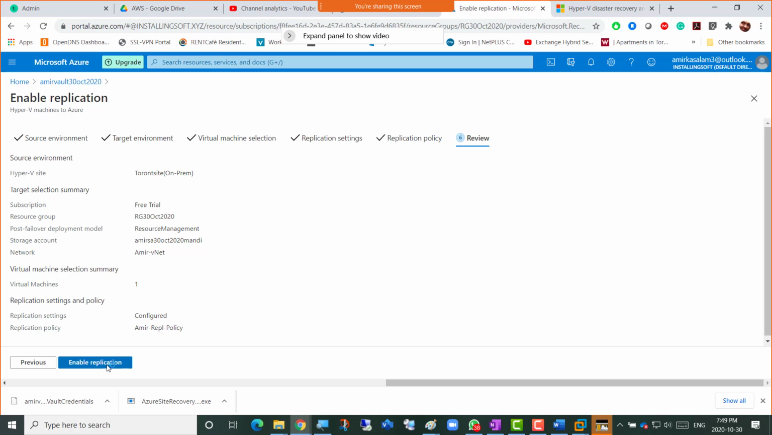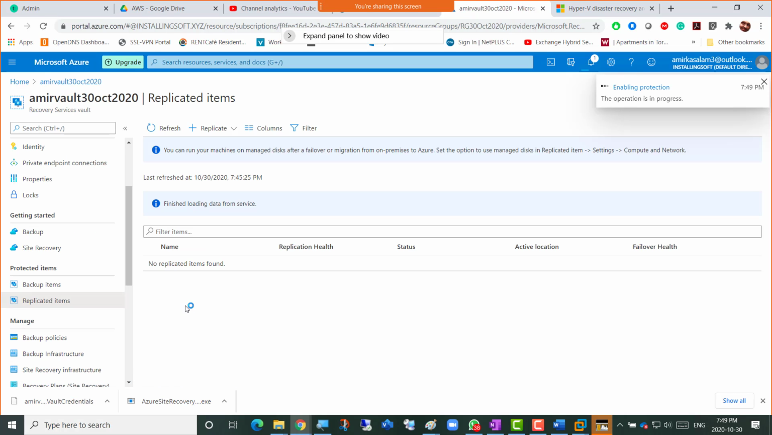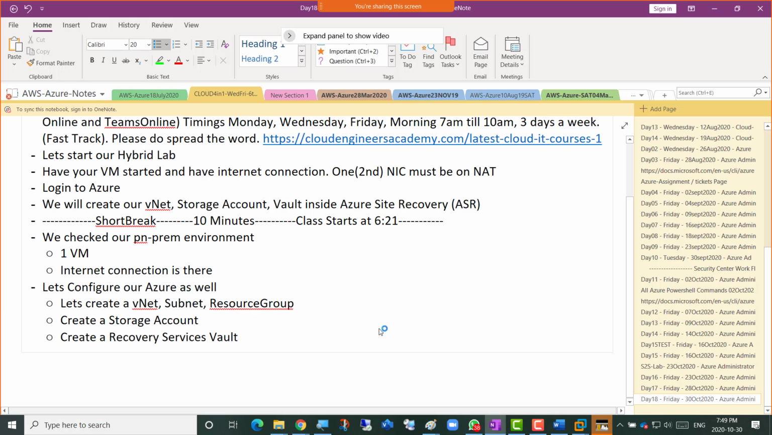Enable replication, right? So let's click enable replication. That is in replicated items, just enable replication. So create a search query, then create a replication policy, enable replication. So that's the step. Then we can say test failover, because now we're expecting